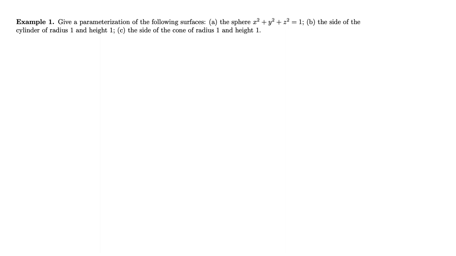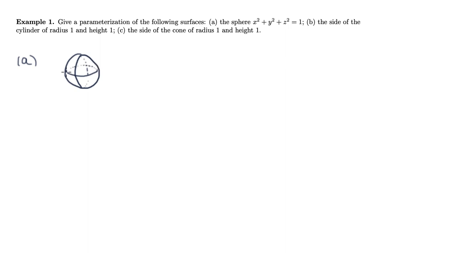Okay, so in the first example, we're just going to get our hands dirty and do a couple of parameterizations of a few pretty common surfaces that you may see in space. So the first one is the sphere. And now I'm going to cheat a little bit and say that we really actually have already parameterized the sphere when we talked about spherical coordinates. So spherical coordinates more or less give a parameterization of the sphere